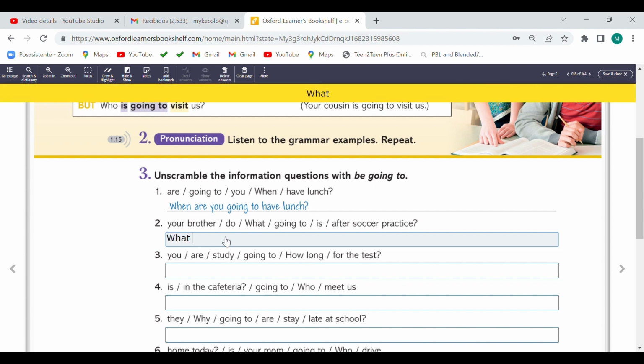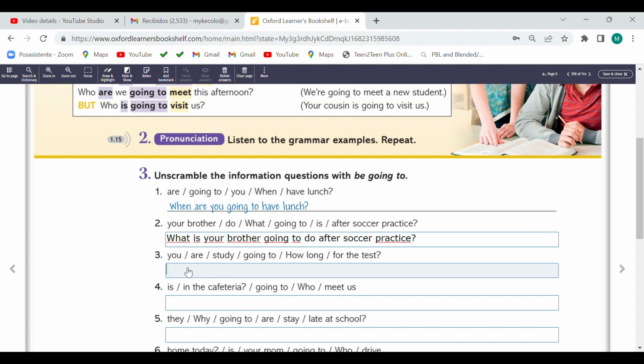What is your brother? Colocamos is porque es solo un hermano. Your brother going to do after soccer practice? And question mark.